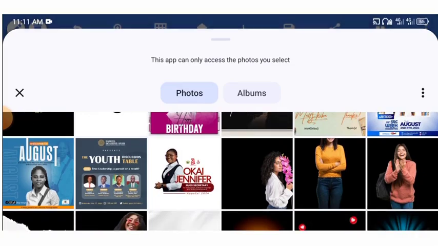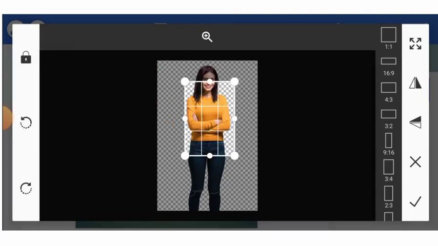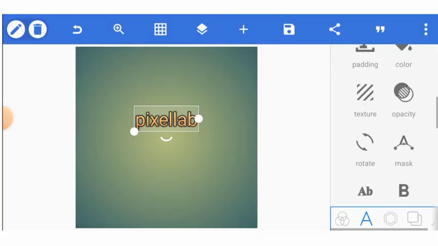Okay, let me pick this lady here. Add this particular color. Okay, I want the text color to look like this. So when I click on this, it is going to change the text color to the shape, the texture